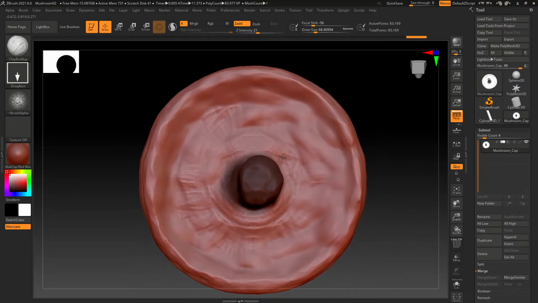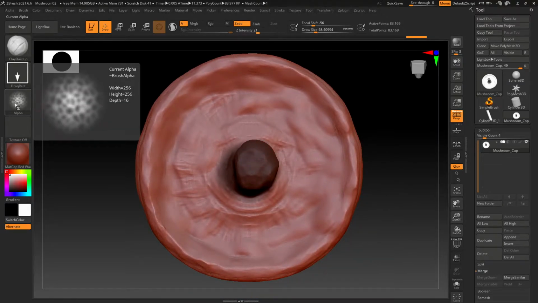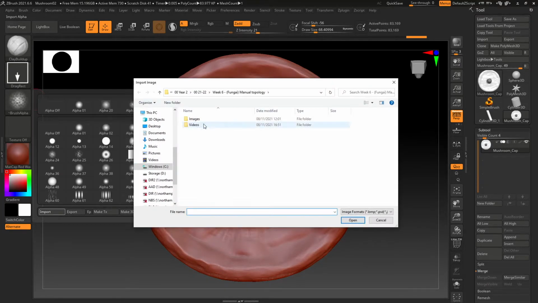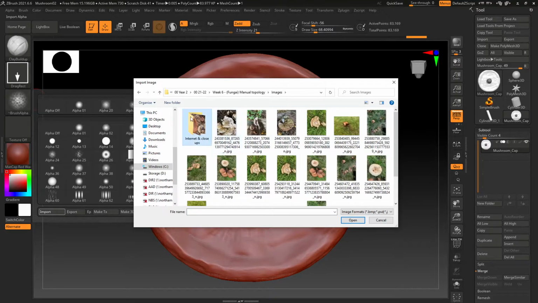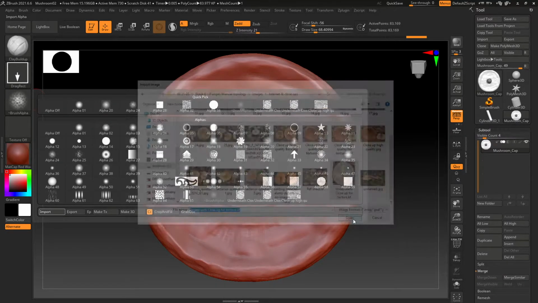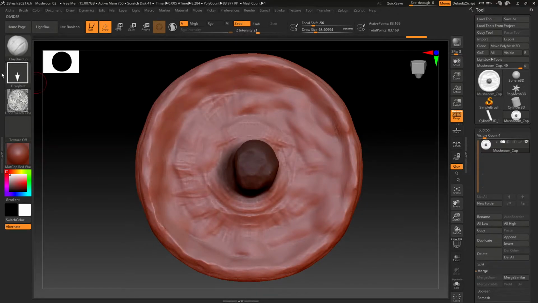Now with that selected, we're going to add in our picture. So we're going to go to Alpha, and we're going to go to Import, and we're going to select from our images this one here, the underneath close-up, and press Open. With that on, we're going to make sure that Drag Rect is selected, and we're going to then draw out of here